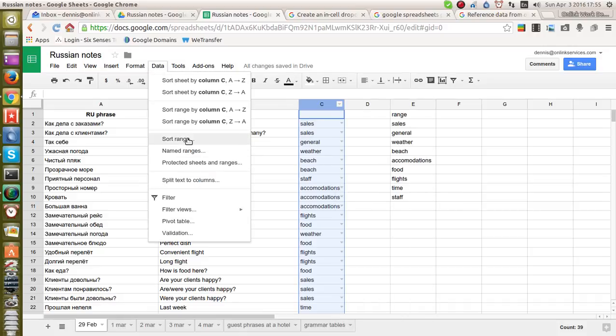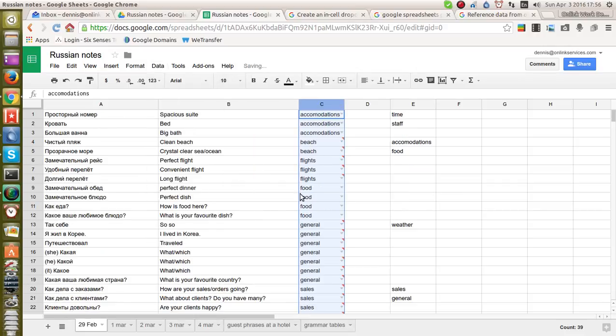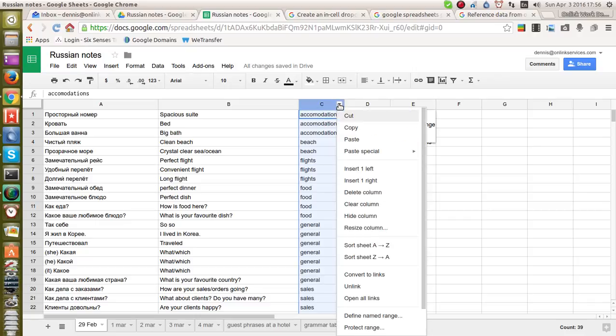Data. And I'll sort column C by A to Z. And it works quite well. So I can sort just the phrases alphabetically. I can also theoretically